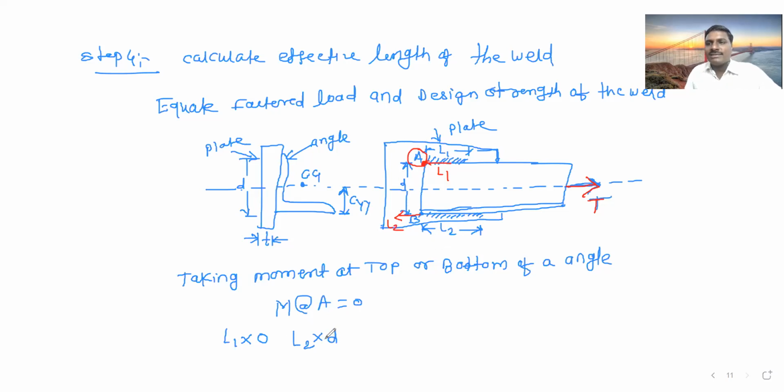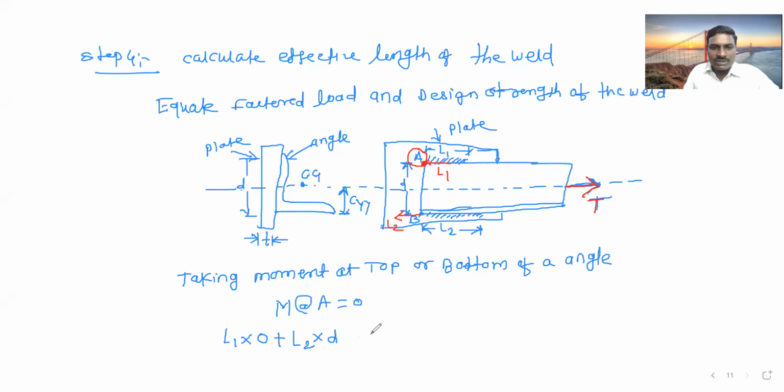So now sign. Is it moving clockwise or anti-clockwise towards A? Clockwise. This is the clockwise. Positive. It means sign is positive. येते का लक्षात? सिंपल आहे. Sign is positive because the direction of rotation of this L2 force towards A is a clockwise direction. So L2 into D. Now which force is remaining?